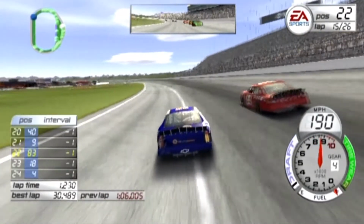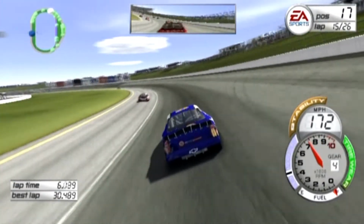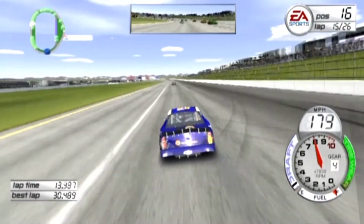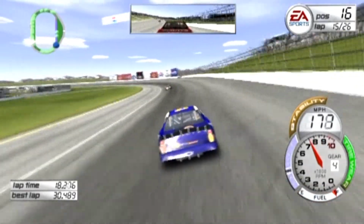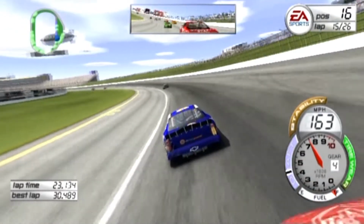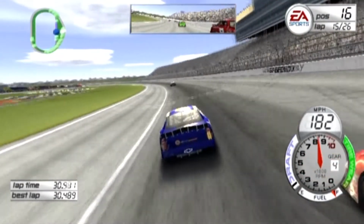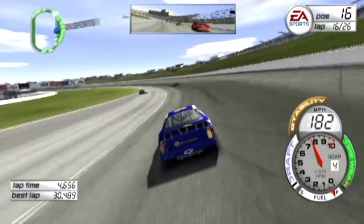That put us back here. I don't know where we're going to kind of shake out. We are faster than Bill Elliott, but I would imagine he's still going to put up a little bit of a fight. But we are faster than this guy, than most of these guys back here. Ooh boy, come on! Oh, don't wreck the car now. Don't push the car too hard. We got to see where we're going to shake out first, and I'm trying to make up some time as well. Yeah, I'm not going to be able to do that if Bill Elliott's fighting me constantly, but...